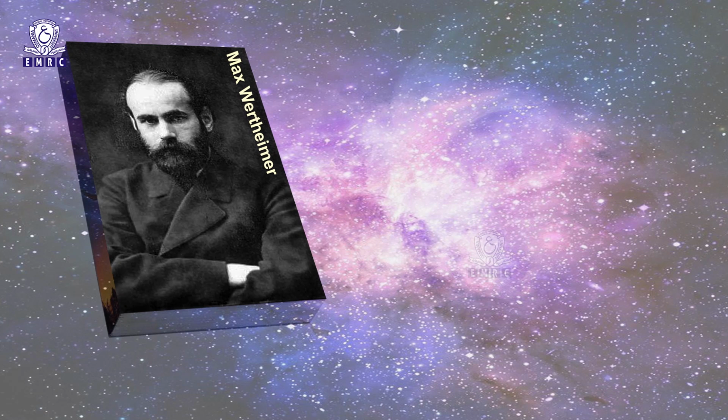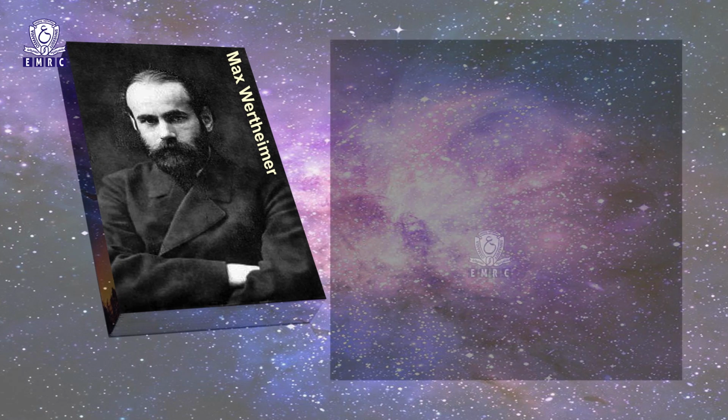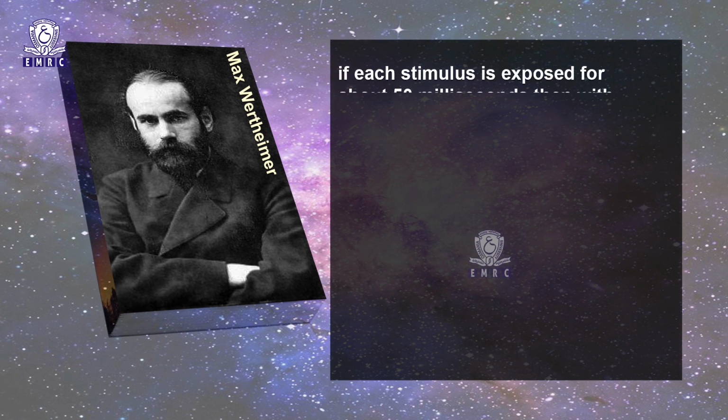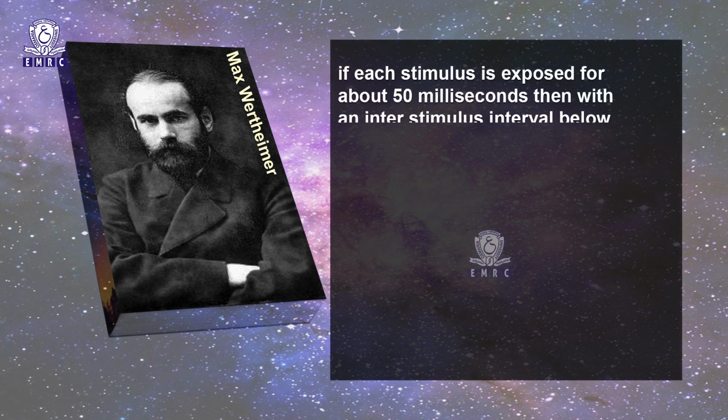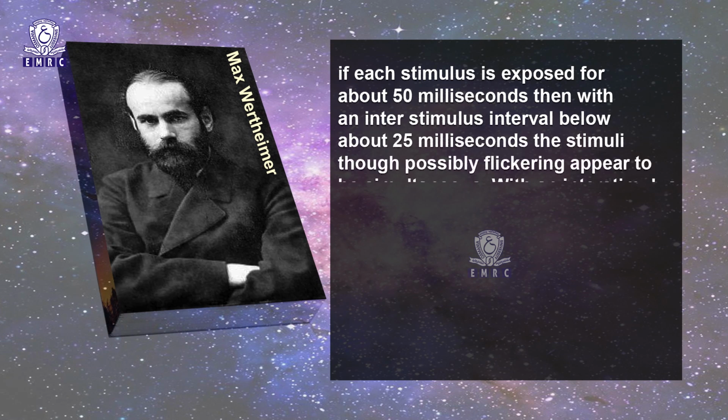This concept was first studied systematically in 1912 by a very famous German Gestalt psychologist called Max Wertheimer. He said that if each stimulus is exposed for about 50 milliseconds, then with an interstimulus interval below about